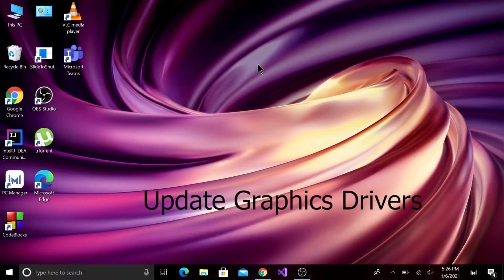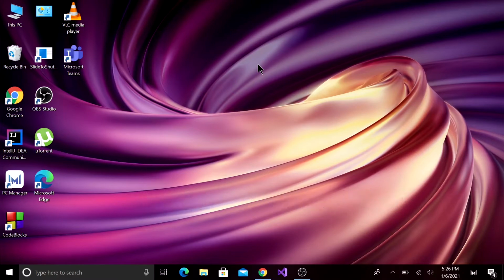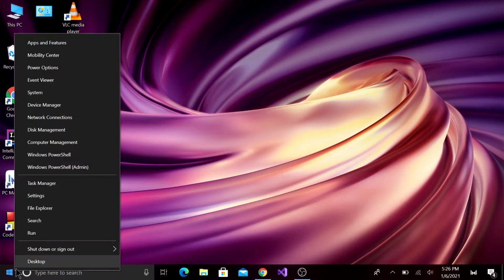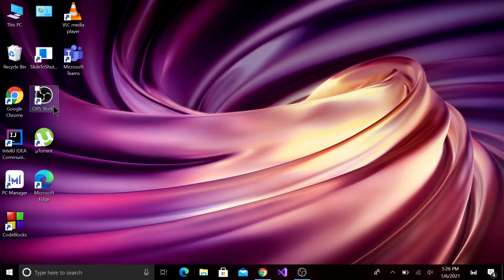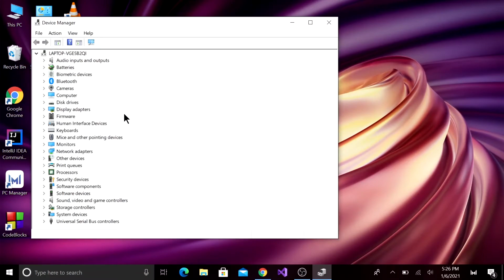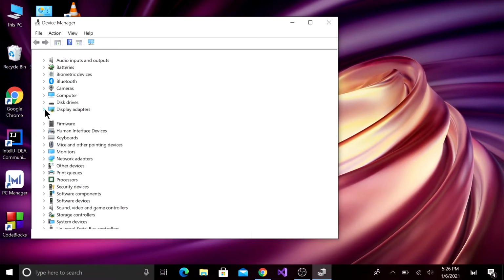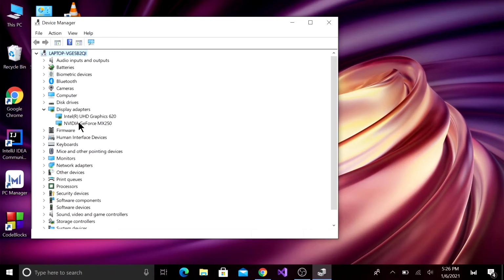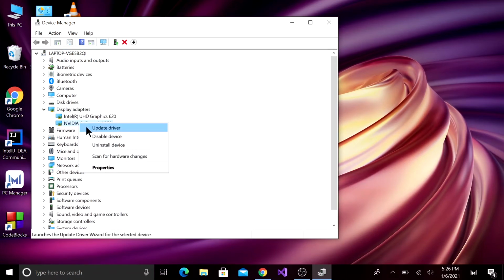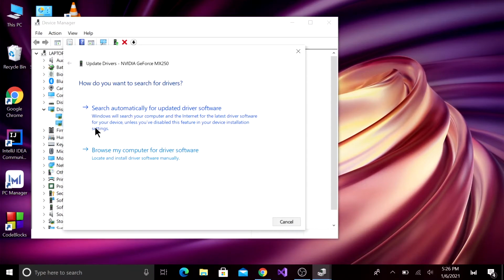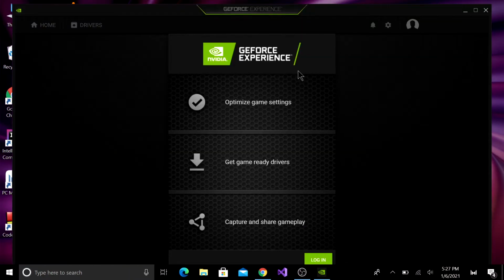Third way is to upgrade graphics drivers. Updating those drivers can sometimes make Windows boot faster. To do that, right click on Start button and select Device Manager. Go to Display Adapters and right click on the graphics card that you're using and press Update Driver. If you don't have on your computer the driver software available, select Search Automatically. If you have a dedicated graphics card on your computer, you can open that program to check the driver update.